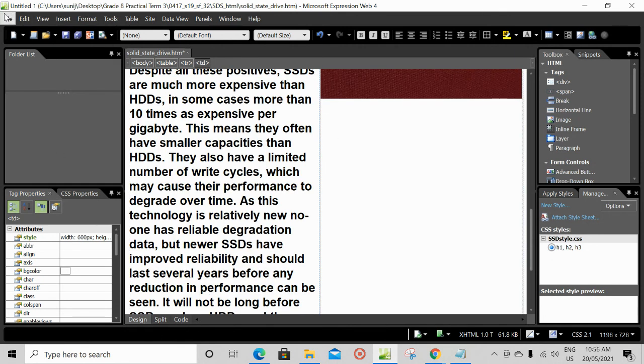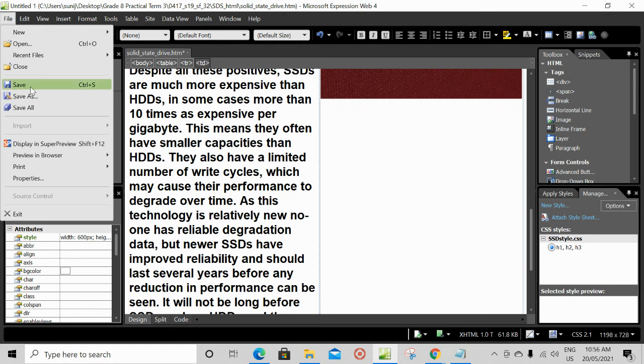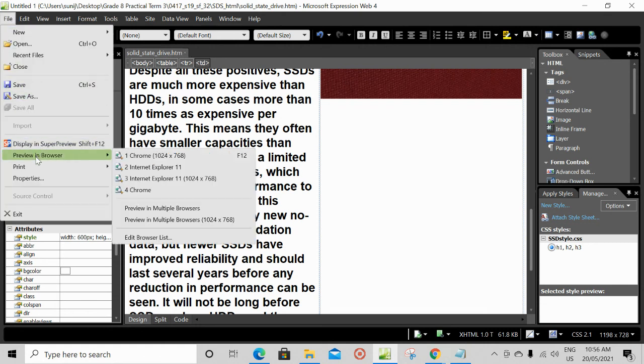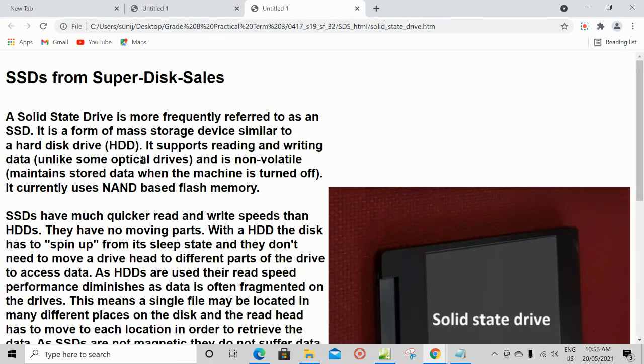Now you have to save your HTML document. To see the preview of this HTML document, you can go to preview in browser, choose any of the web browsers. So this is how you can see. So in one of the evidences, you are asked to take a screenshot of this web page. So you have to take the full web page. Now this is not fully visible. So what you have to do is reduce the zoom of this web page.